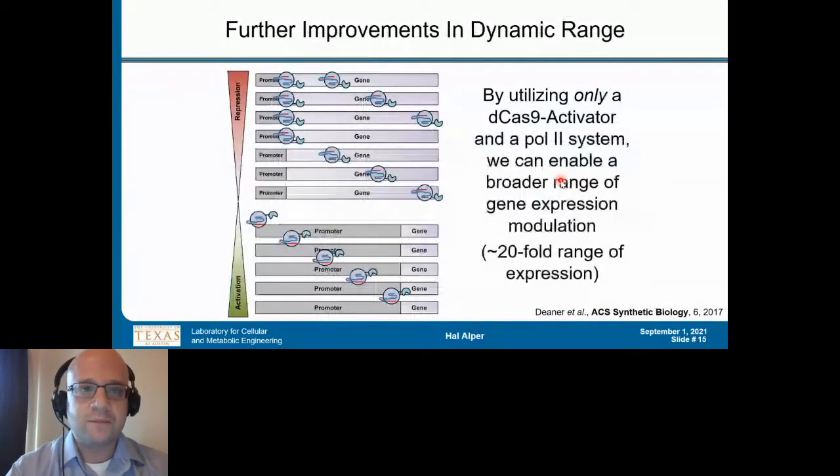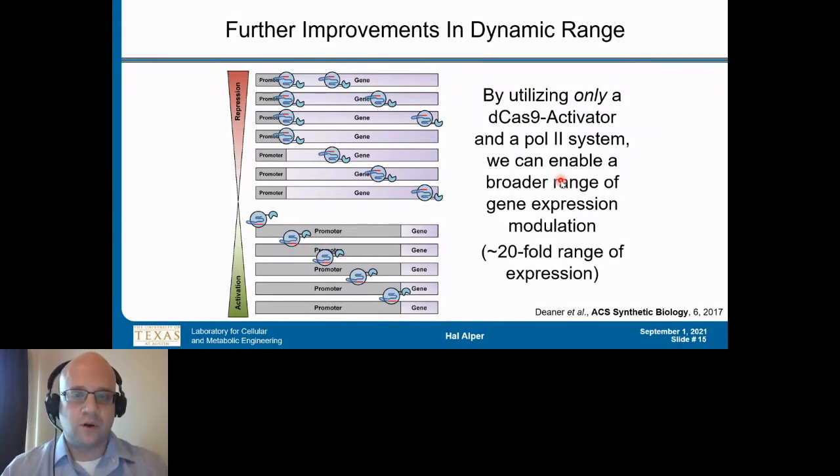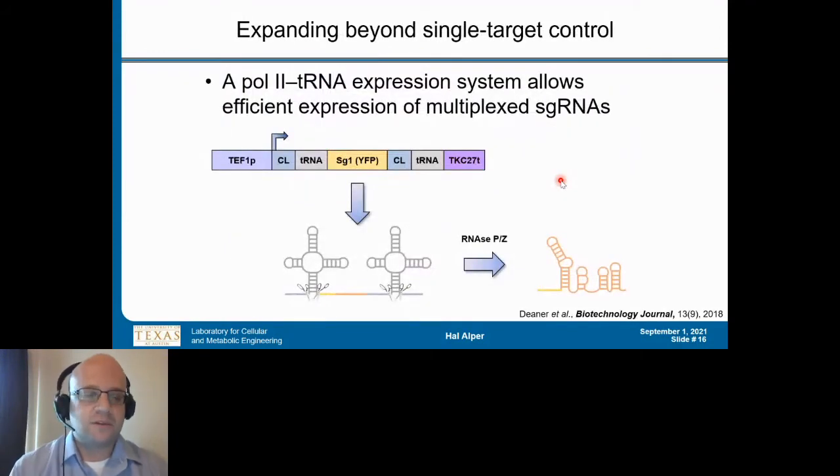We've been further developing the way in which we do this, the ease with which we do this, the ability to use just a Pol2-based expression system, only a dCas9 activator-based system, and really getting these large fold ranges of expression, so really trying to streamline this overall process. As we move to this Pol2, we can also look at having guide RNAs in a cassette, essentially, for yeast, so almost having an operon of guide RNAs. We've also done similar things by using T7-based expression.